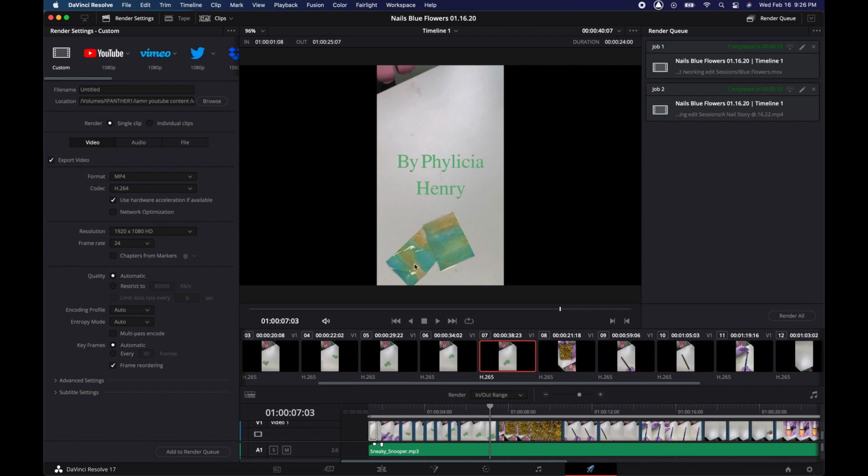So when you're here on your right side, you're going to see the file name. I'm going to name this a nail story final edit. And I always add the date on my videos. It's just a really good organizational tip, to add the date, because you want to make sure you know which clips you're doing, especially if you do a lot of re-edits and you want to go back and change things. You want to know which video is the correct one. So it's 2/16 today,